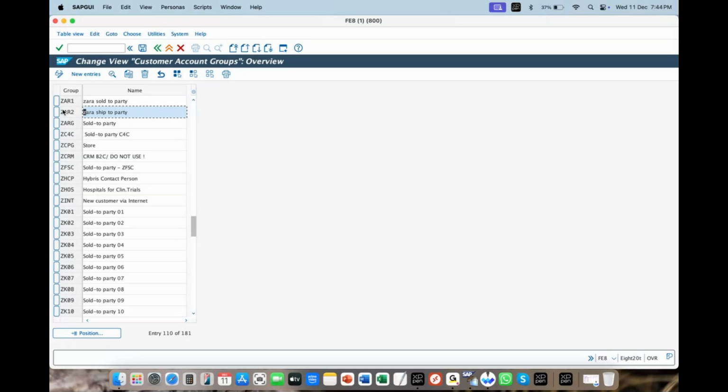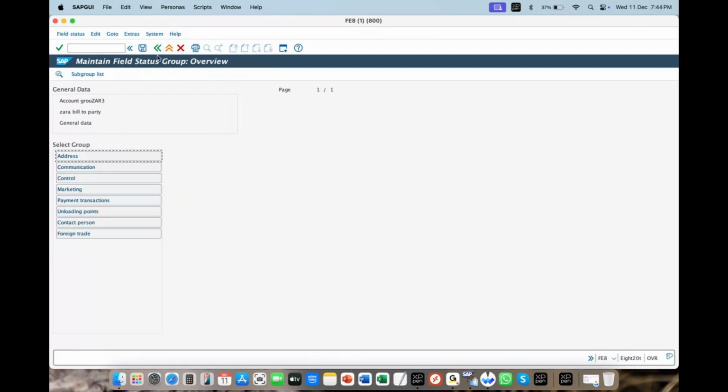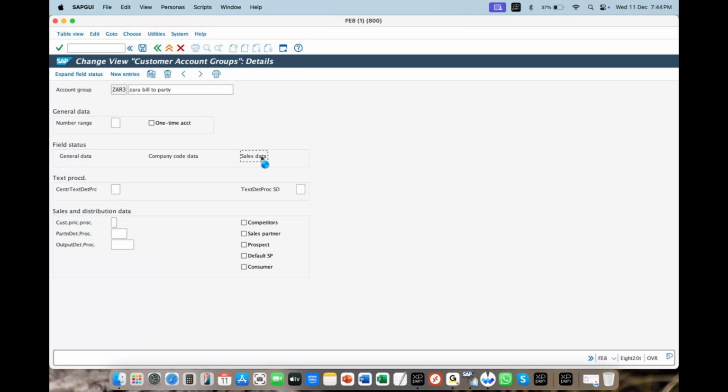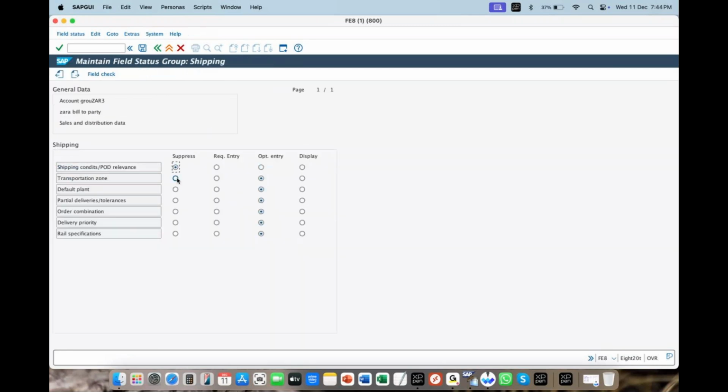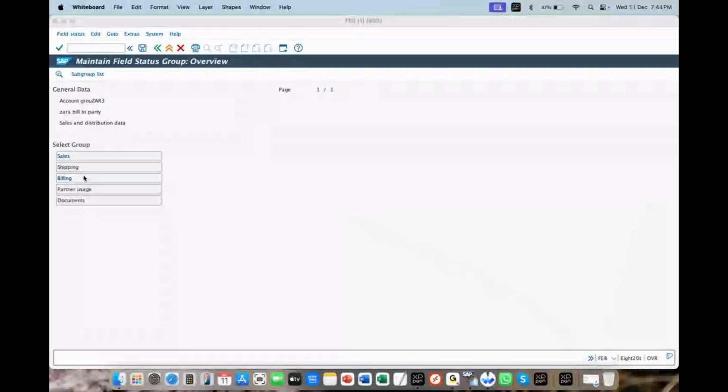Now I'll select my ship-to party, I'll copy it, ZAR3, and I'll say here bill-to party, enter. Double click. General data, let all be active. Sales data. Shipping is not required because at the time of bill preparation, what details are needed? Only sales. So when you all are playing the recording, take a sheet, write down this chart for your reference purpose